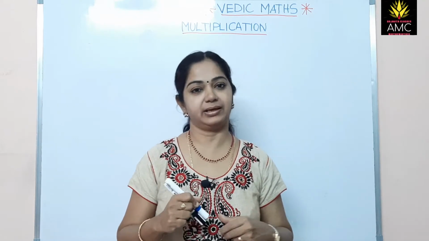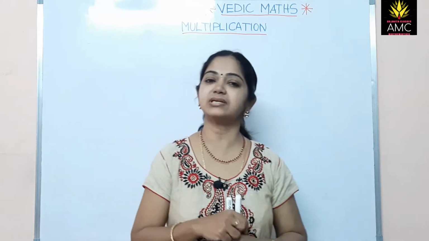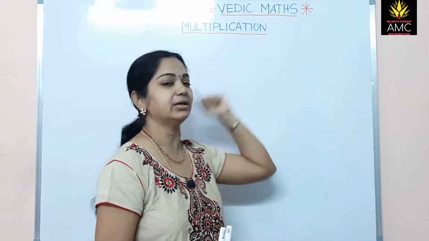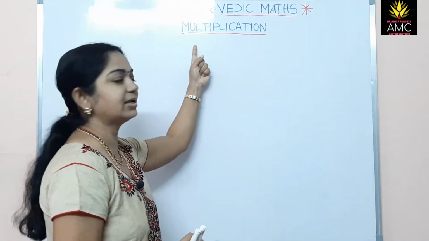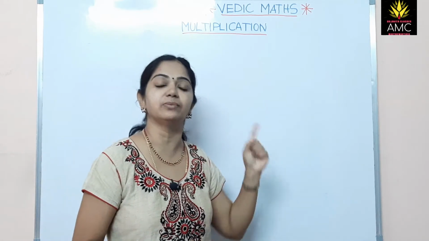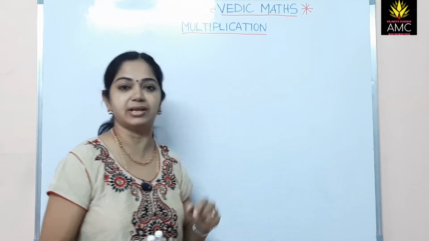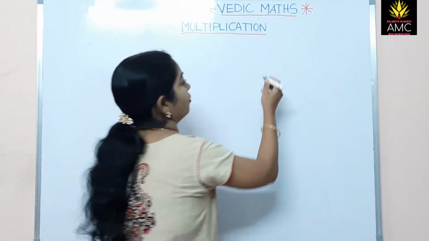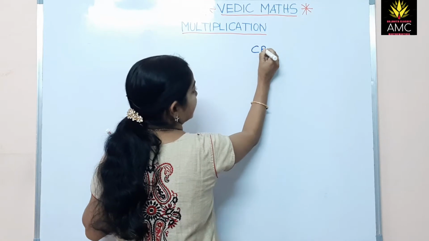Today, we will discuss the general technique part 8. Those who have not watched the method of 2-digit multiplied by 2-digit in the previous session, just click on the I button and you can watch it. Here we have discussed the crisscross method in the previous session that we will follow. Today in multiplication, we will deal with a 3-digit number multiplied by a 3-digit number. The same procedure of crisscross method, right?